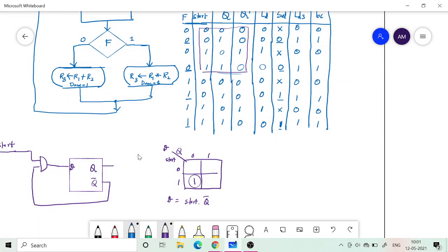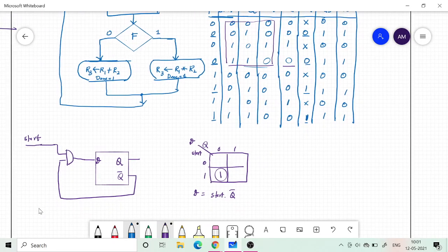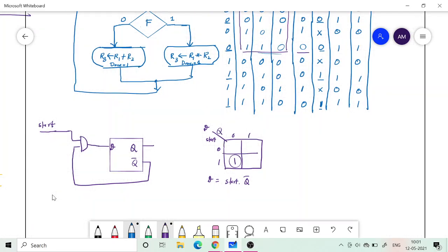Again, LD doesn't depend upon F, so we only need to consider one half of it. So LD is the same as your D. You can see that, right? 0 0 1 0 0 0 1 0. Whenever D is the next state that we have generated, that itself is my LD.